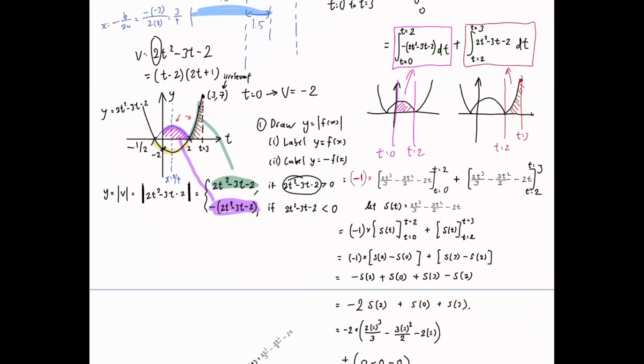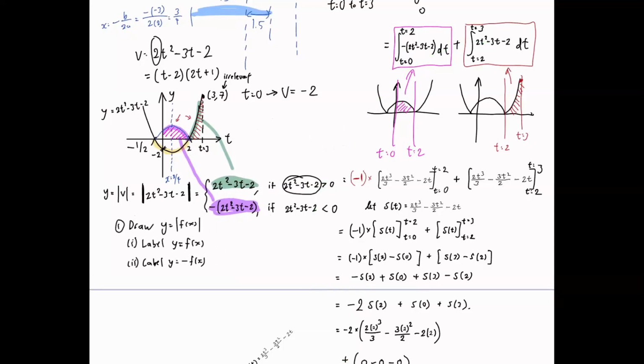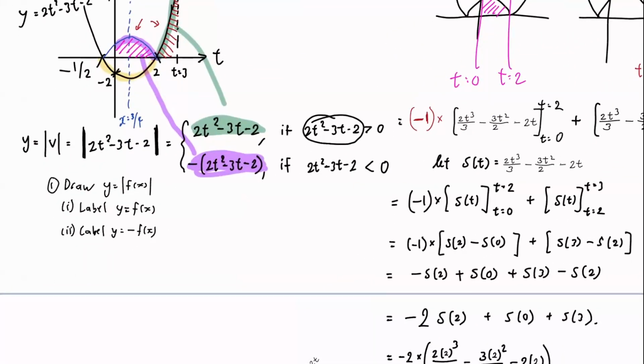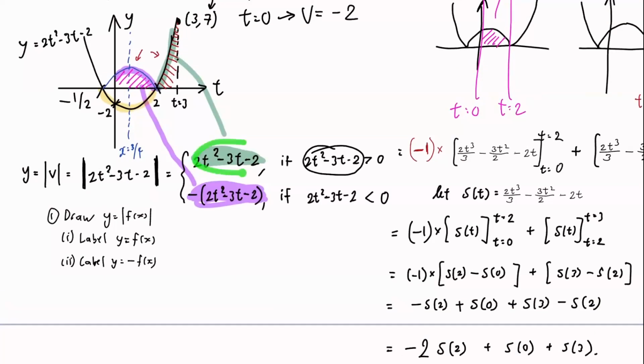Sorry, I didn't write down the instructions fully for how to integrate a modulus integrand. Draw y equals modulus f(x). Part 1, label y equals f(x). Part 2, label y equals negative f(x), which is basically the green color and the purple color. This guy is f(x). That guy is negative f(x). Then from there, step 2, you split the integral at the